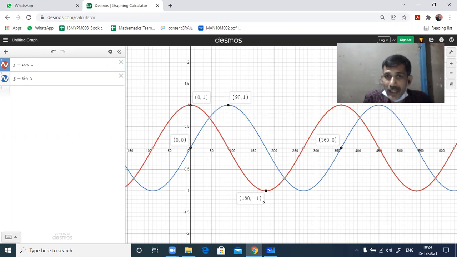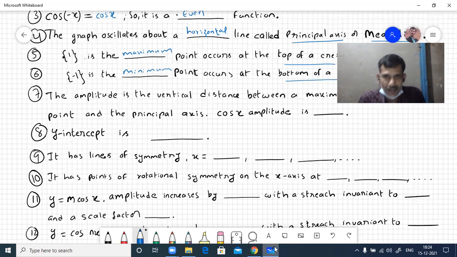Rotational symmetry, where it has, see here, if you take rotational symmetry at 90 degrees, if you rotate it upside, both this part and that part, bottom and top, are the same. Okay, you have to rotate 180 degrees. Here you can rotate, if you rotate taking this as the center, you'll get the same, and here also you can take 270 degrees, and here also you can take all odd multiples, we can take odd multiples of 90. Now we'll finish the part.